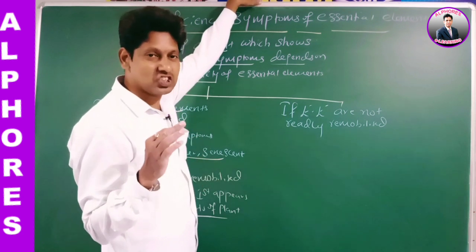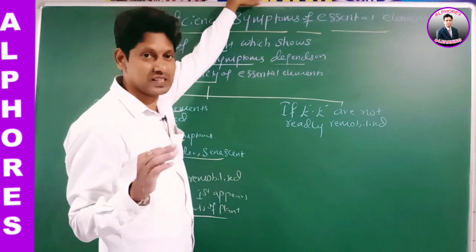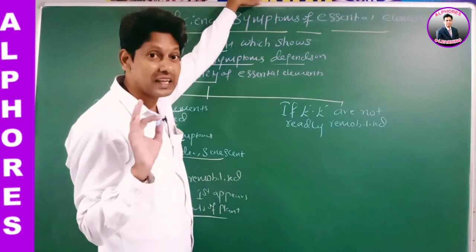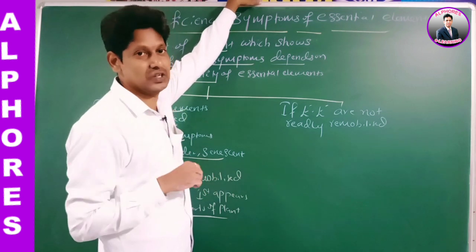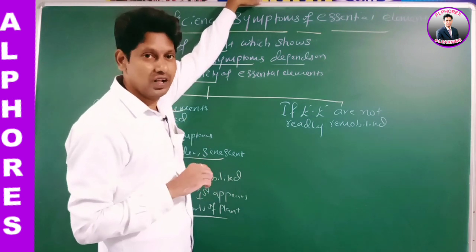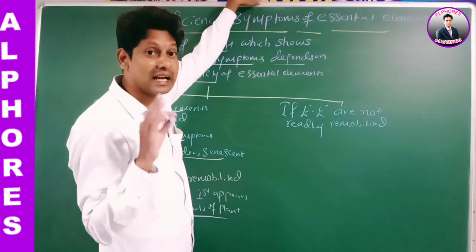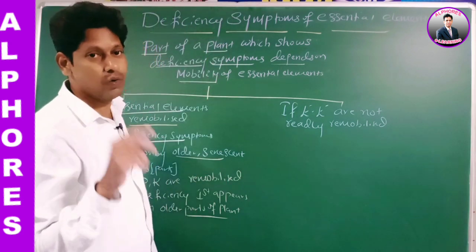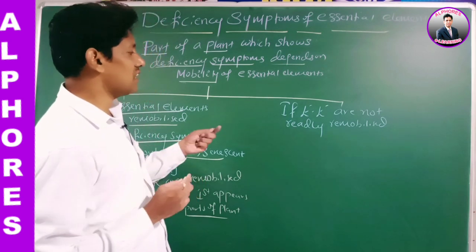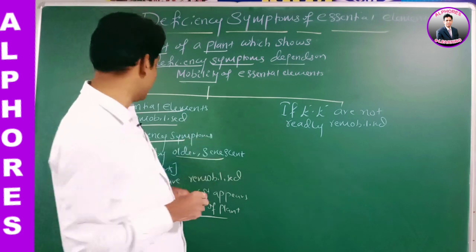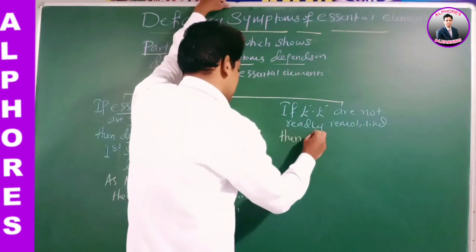Calcium is a structural component of a cell, so it won't be remobilized easily. In such cases, the deficiency symptoms are first shown by younger parts of a plant, but not older parts of a plant. Therefore, if essential elements are not readily remobilized, then deficiency symptoms